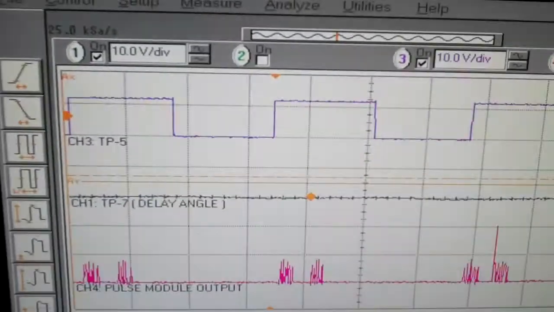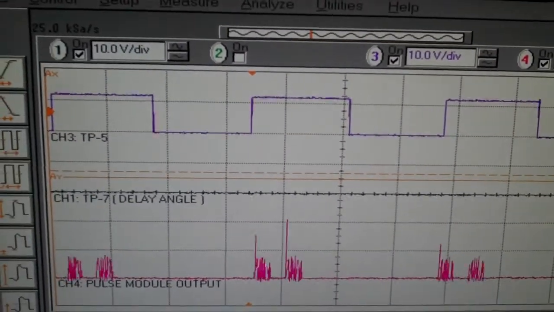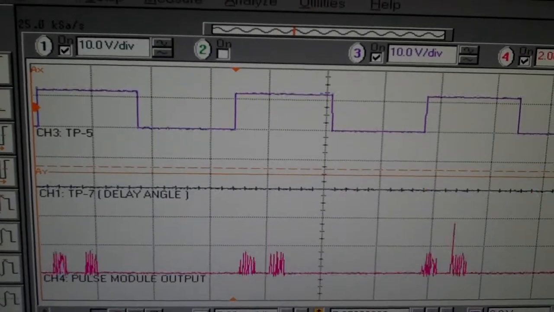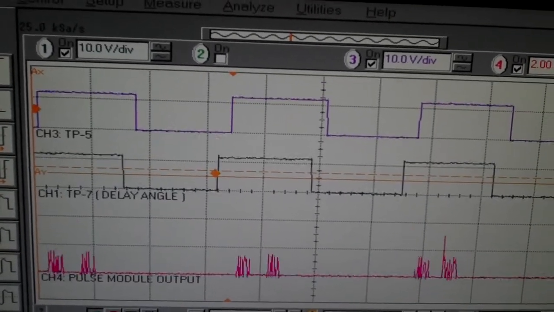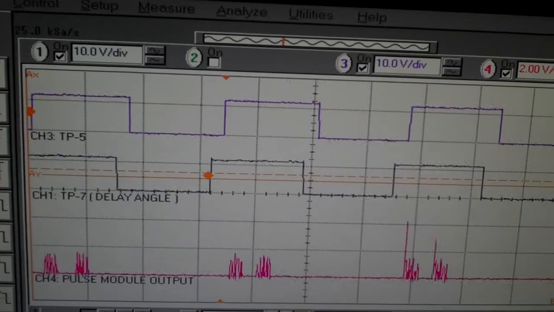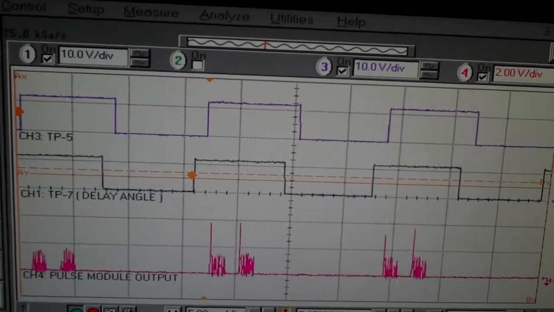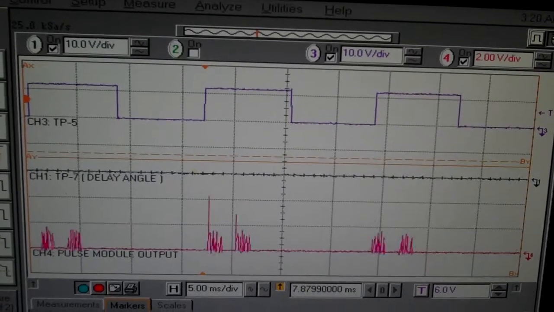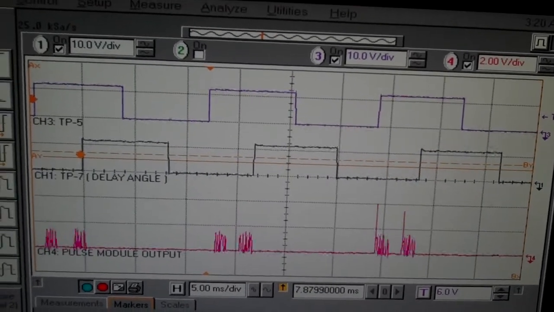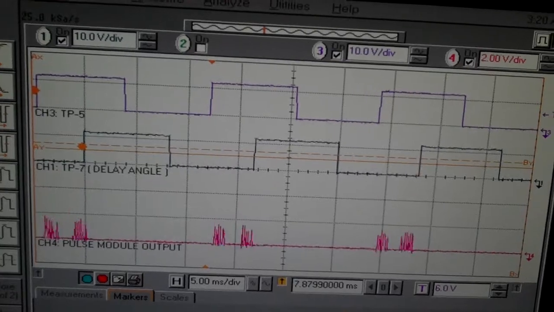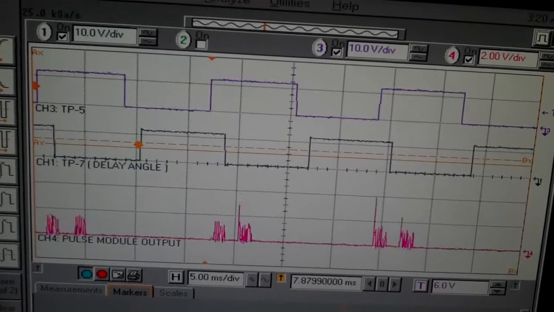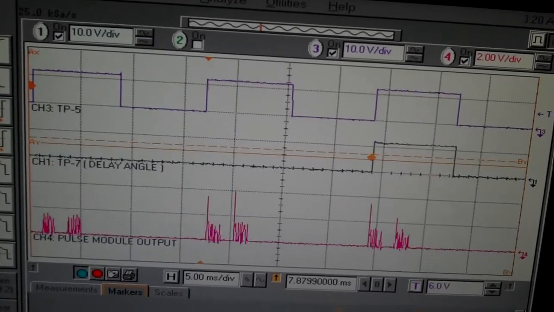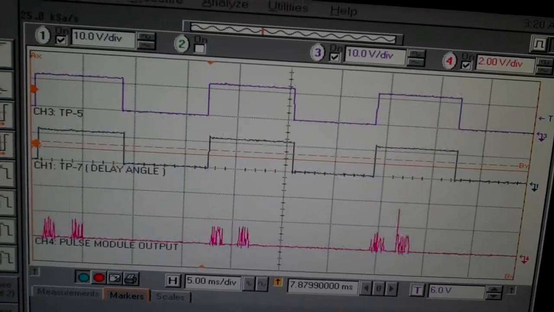What we do is we simulate the 6 signals. In this particular case, with this box, looking at channel 1, we have a square waveform. There we have a 50% duty cycle at 60 Hertz on J7 position 1. Then we want to go to J7 position 2. Here's another one, 120 degrees apart. And then the third one, 120 degrees apart, and then we go to J7 positions 4, 5, and 6